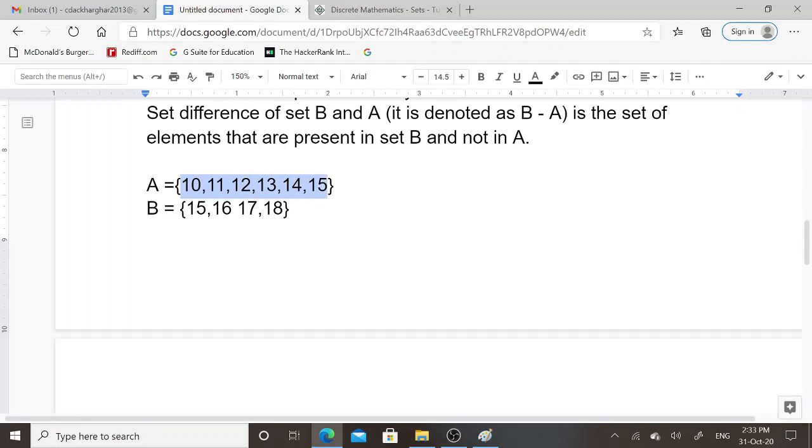These elements are present. 15 is the common element in set A and set B.